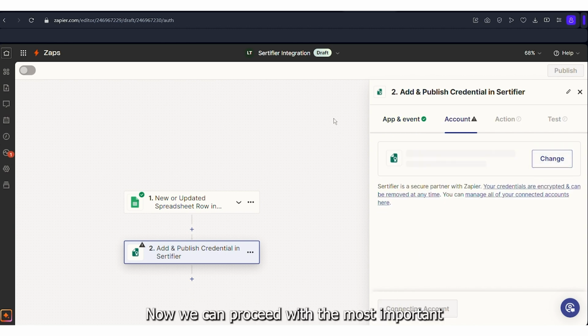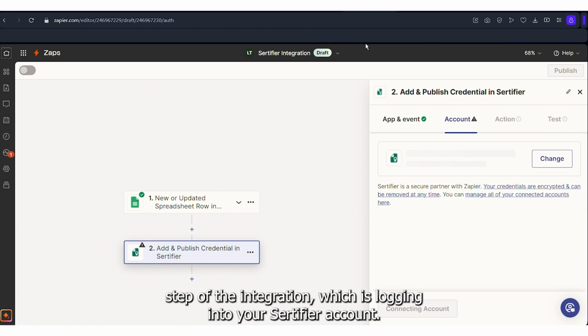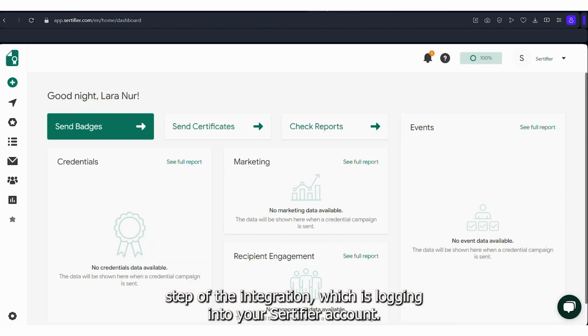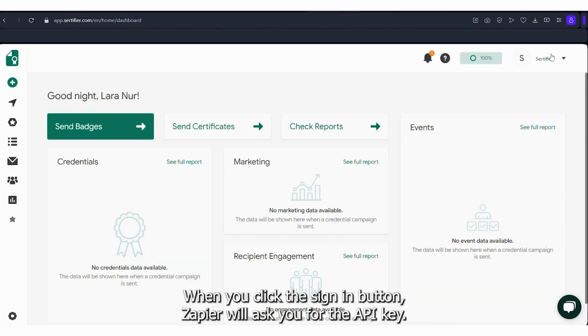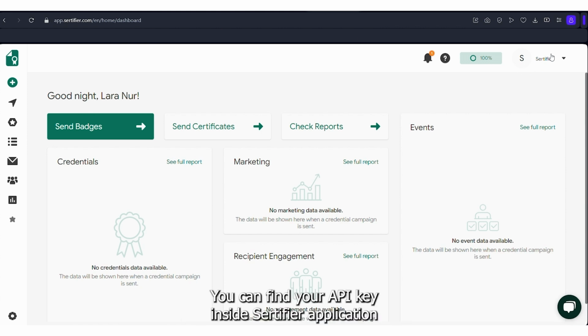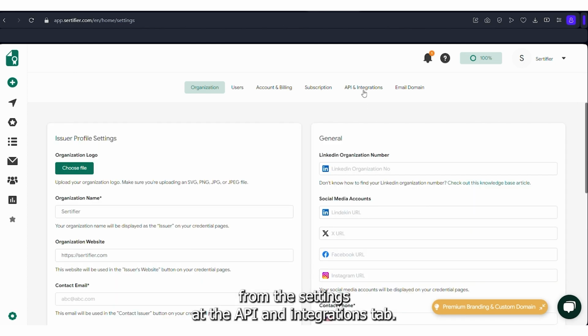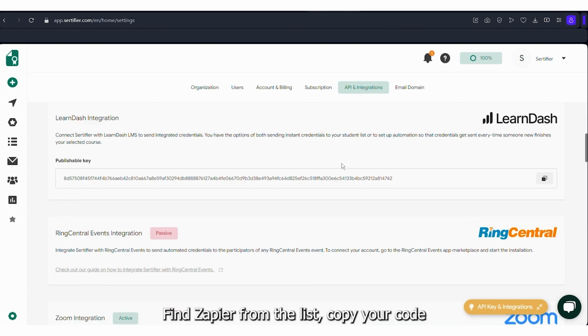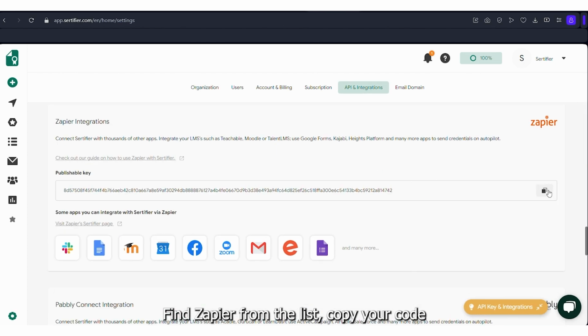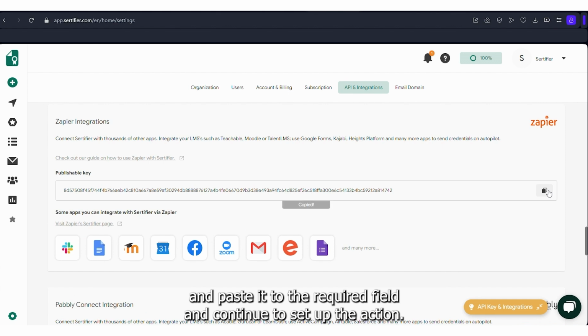Now we can proceed with the most important step of the integration, which is logging into your Sertifier account. When you click the Sign In button, Zapier will ask you for the API key. You can find your API key inside Sertifier application from the Settings at the API and Integrations tab. Find Zapier from the list, copy your code and paste it to the required field and continue to set up